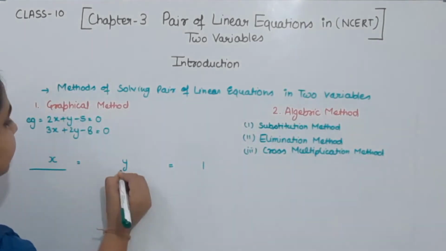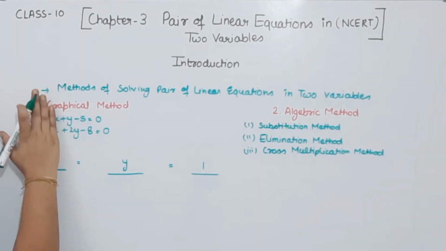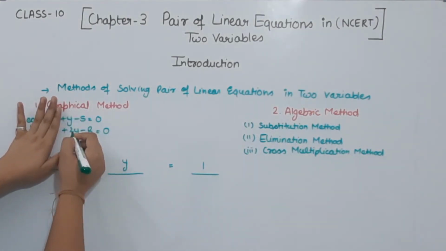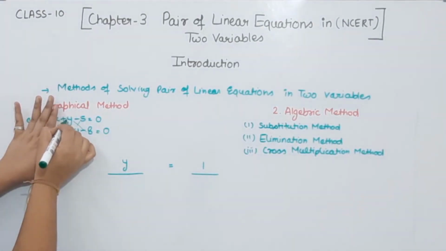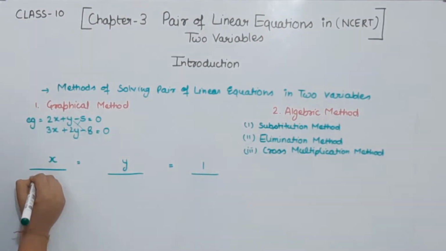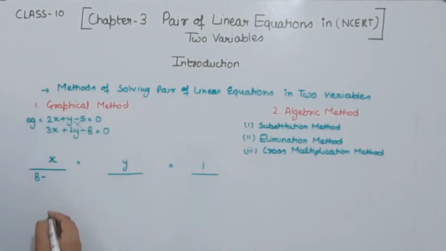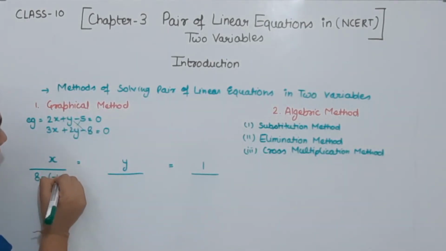Now, in the denominator, first of all, we are taking the coefficient of x, then we are not going to see the coefficient of x. Now we are having these two. So when you see this one, first of all, we are going to cross multiply the coefficients. This one is 1, 1 times 8 is 8. Now minus. Now we are going to cross multiply these two. 5 times 2 is 10. Plus minus minus, so this will be minus 10.